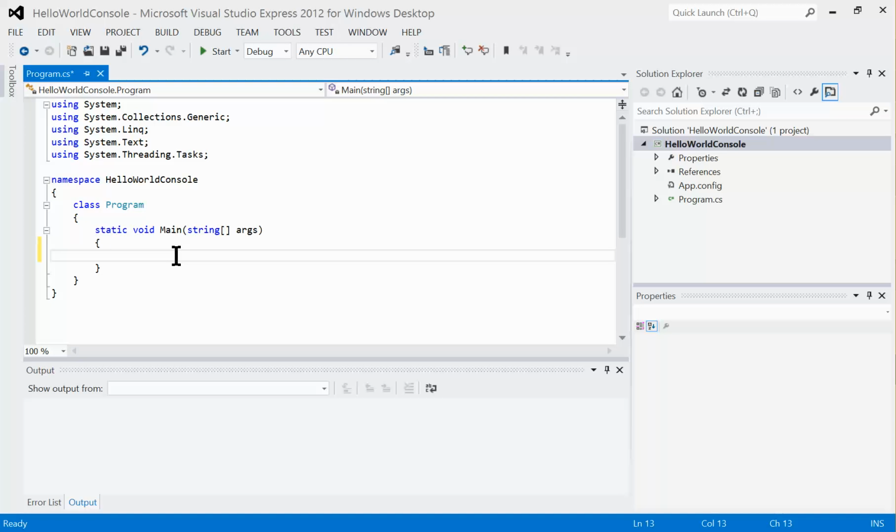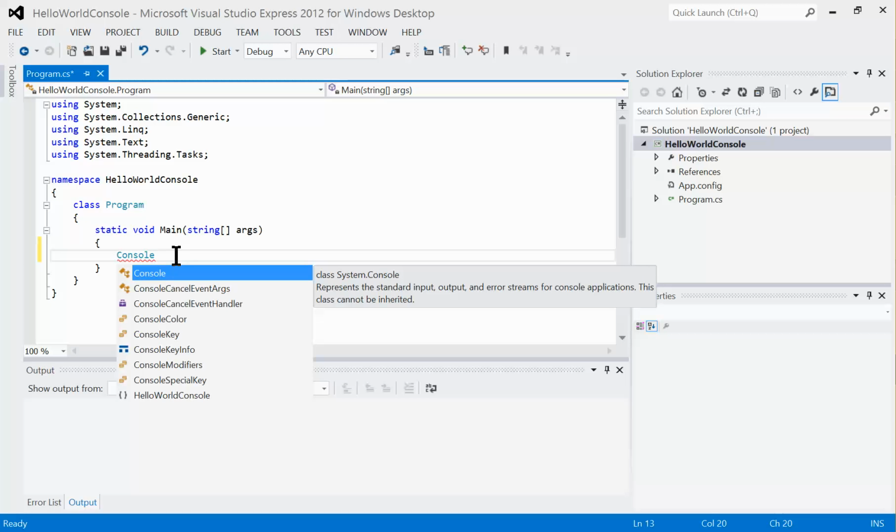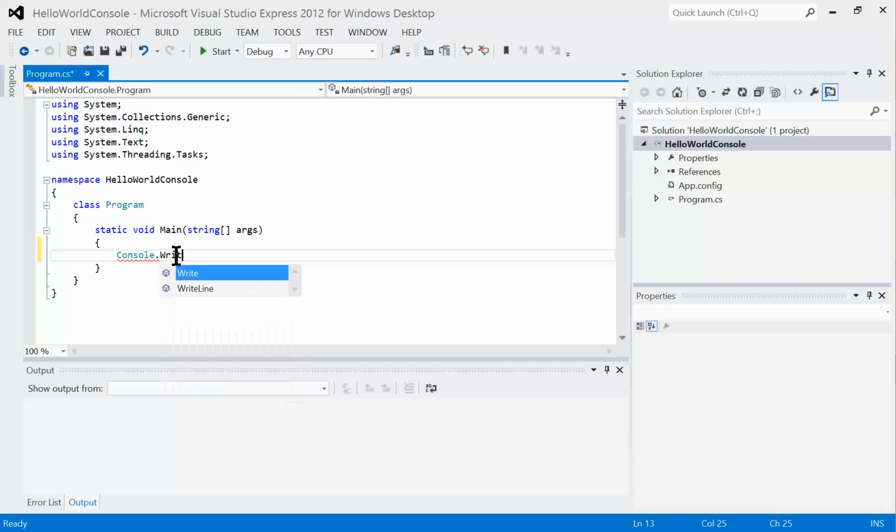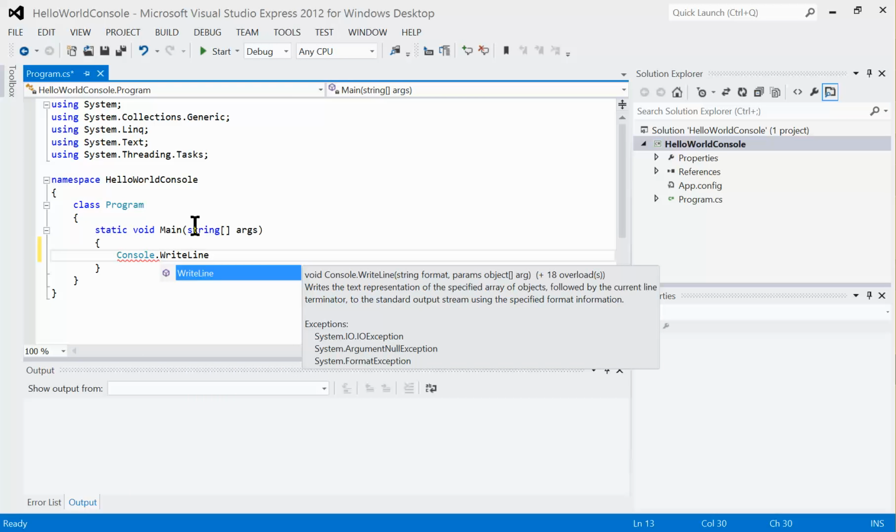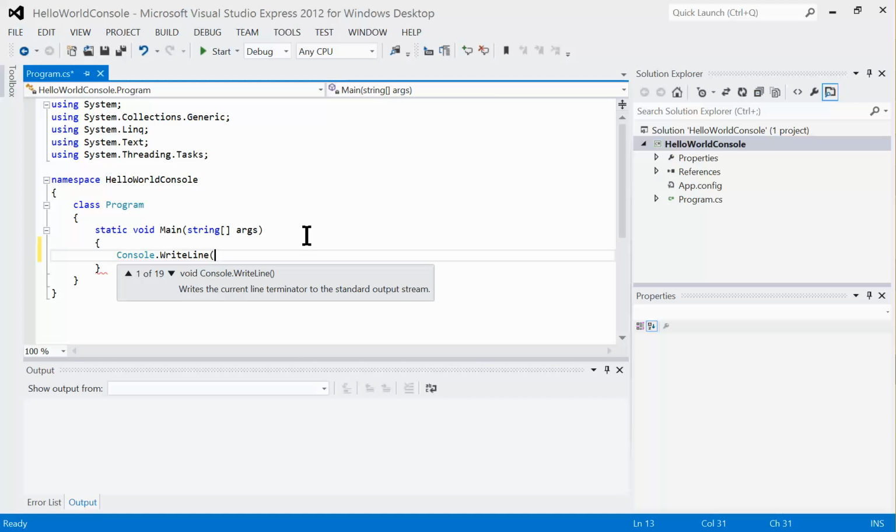The line of code to create text output in a console application is Console with a capital C dot WriteLine with a capital W and a capital L. C# is case sensitive, which means that the capitalization is very important. Follow the Console.WriteLine with a bracket and a quotation mark, and after the quotation mark write Hello World